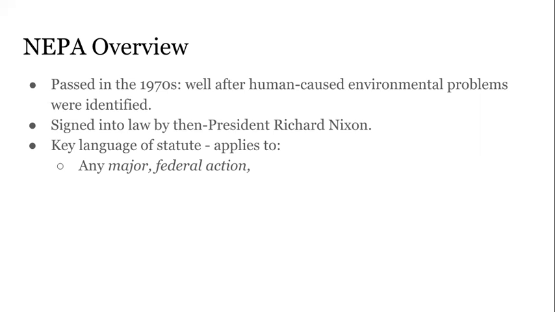So that ambiguity creates legal ambiguity. What is a major action? I want to do a minor action, so I don't have to comply with NEPA, right? My action is not major, or it's not a federal action. So let's be clear that when you first see these terms, you're going to understand that they are ambiguous. The meaning of these terms isn't obvious. So, any major federal action